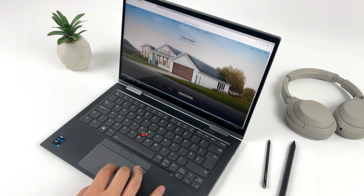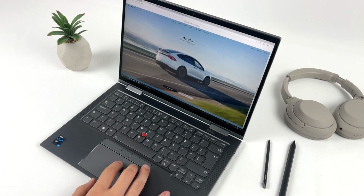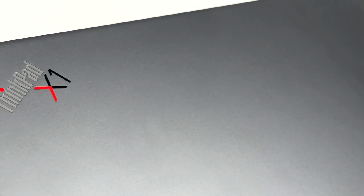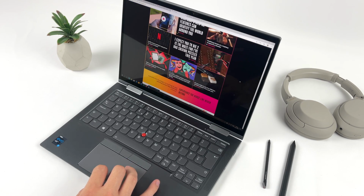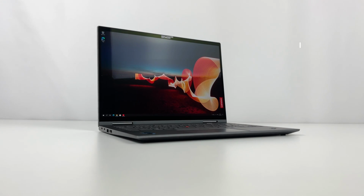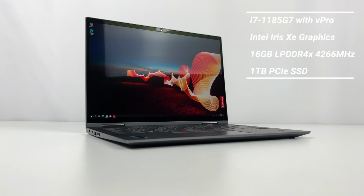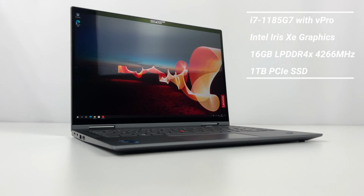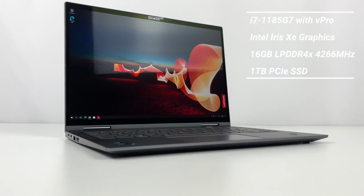We would recommend getting a matte finish with nice anti-reflective and anti-smudge coating. Our test unit here is a top of the range spec priced at almost $2,400, but prices might vary by the region. This model has an i7-1185G7 with Intel Iris Xe graphics, 16 gigs of LPDDR4X RAM soldered, 1TB of PCIe SSD, Wi-Fi 6 and Bluetooth